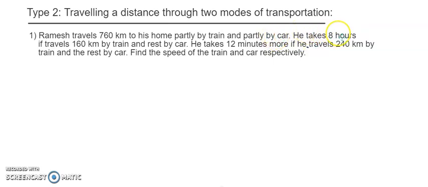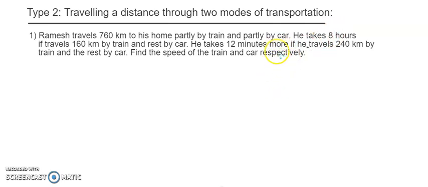He's taking 8 hours if he travels 160 kilometers by train and the remaining by car. And if he's going to travel 240 kilometers by train and the remaining by car, then he's going to take 12 more minutes than in the previous situation. That means 12 more minutes extra, 8 hours plus 12 minutes. Okay, so how to go about it, the statement and to get the equation is what I'm going to help